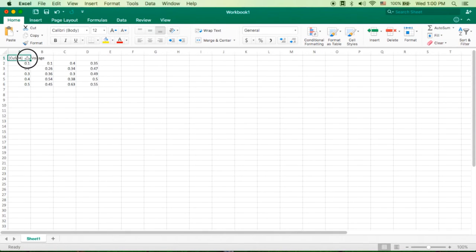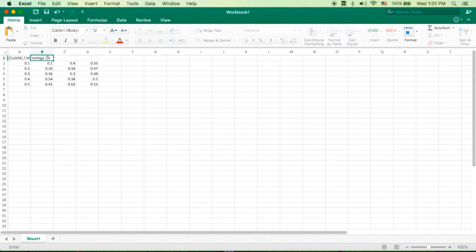The first thing I'd like to check is to see that our columns are labeled appropriately. So that should include what those values are. In this case, this is concentration of copper sulfate, but also it should include units. So in this case, this is probably measured in moles per liter. Your voltage should also include units,